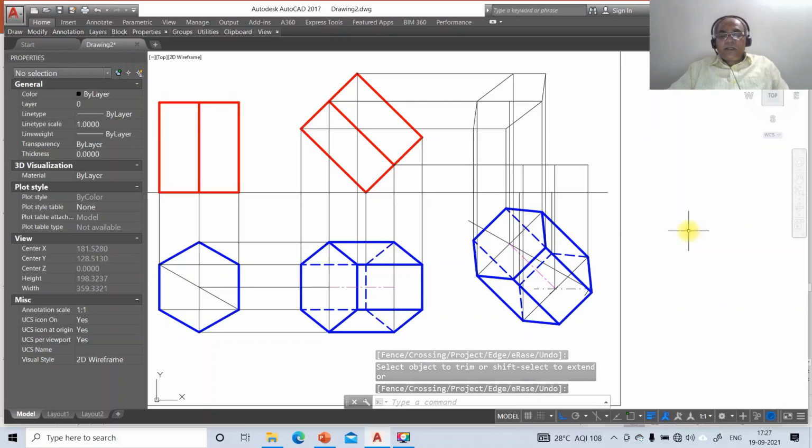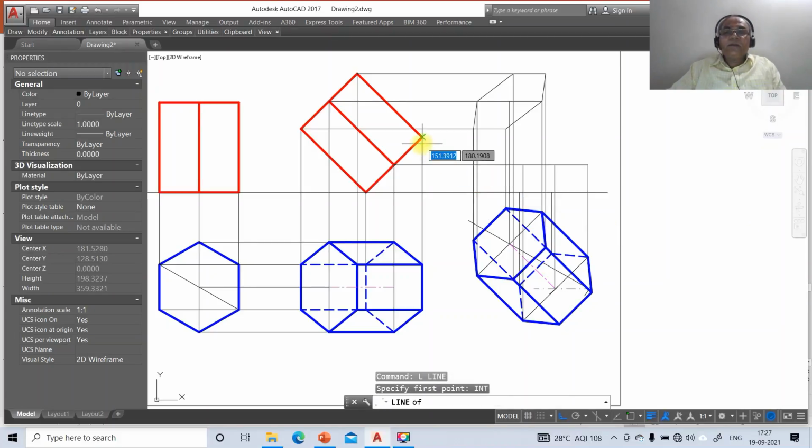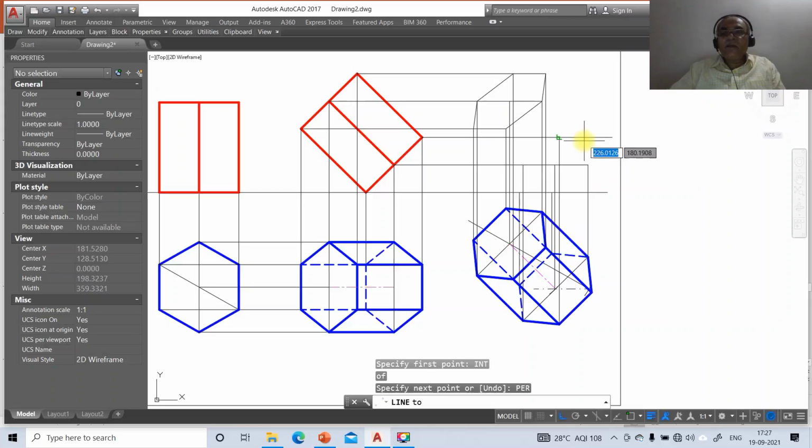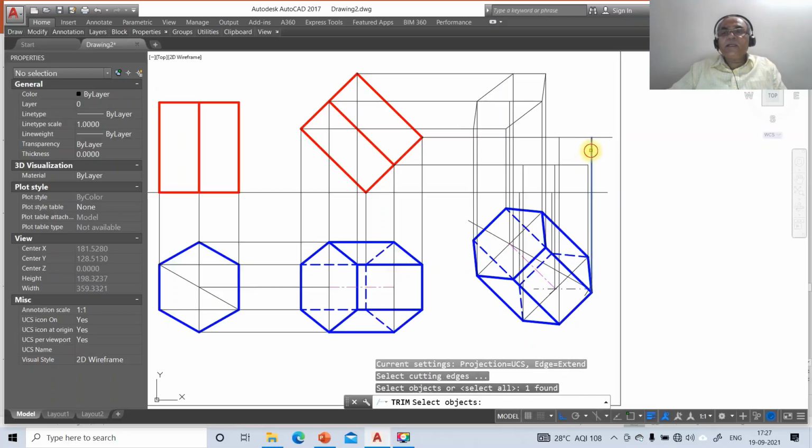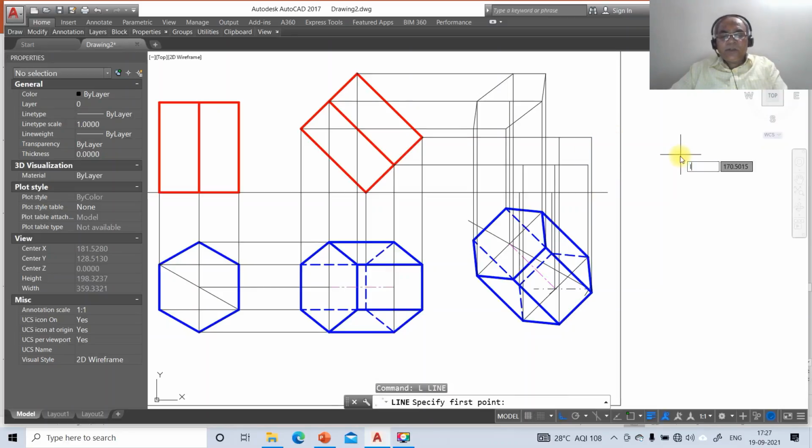Now we have the other edge, so you just go to line, take the intersection point of this and then go to line, take int of this and draw perpendicular to this line. Similarly line, take int of this and draw perpendicular to this line. Sorry, you just go to undo, so then go to line, take int of this and draw perpendicular to this line. So then go to trim, select this as the cutting edge and object to trim as this. Then go to line, take int of this and take the intersection of this and the intersection point of this. Similarly on this surface, so on the bottom surface you're getting a hexagon.